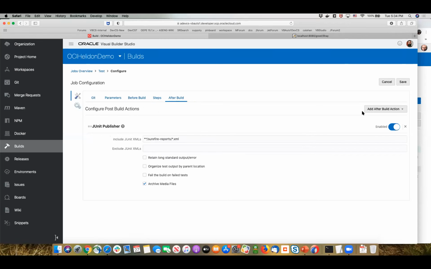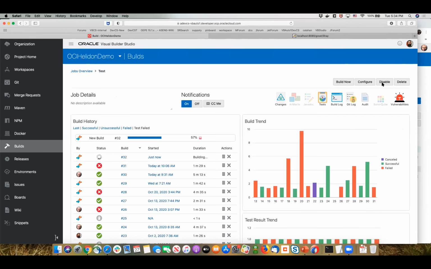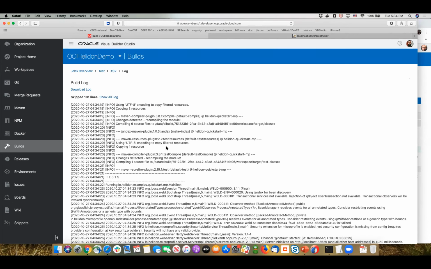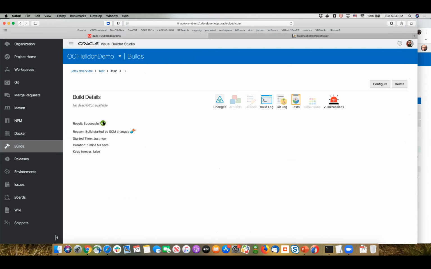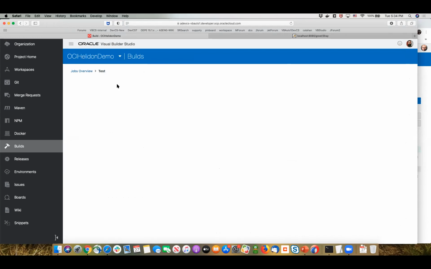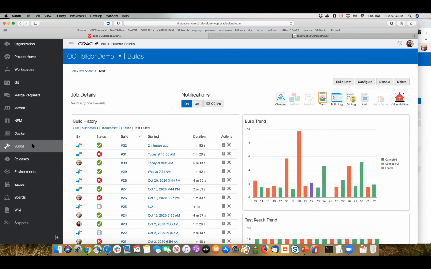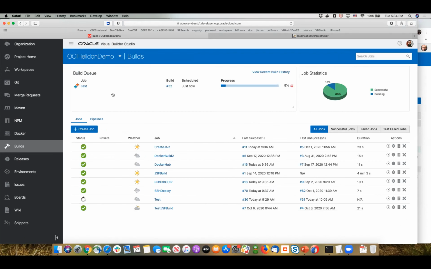There are other things you can do. For example, in after build, I can store my artifacts, store my test results, run SonarQube, do a bunch of other things over here. And we can see this is right now progressing. We can actually look at the log and see this happening live over here. And in fact, we can see this just successfully completed 2 minutes ago. And if we now go to the build, we can see 2 other builds that are now running in parallel.